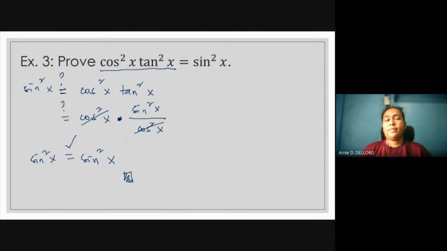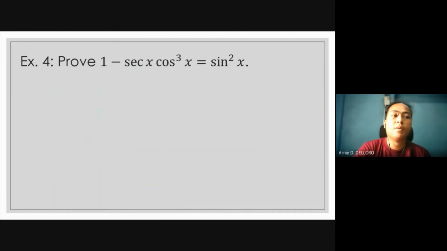Okay? So let's have another example. Prove that 1 minus secant x times cosine cube x is equal to sine squared x. Baka ano na kayo, ma'am, bakit puro sine squared x yung pinagpo-prove natin? Okay? Actually, okay lang naman. Sige, since more complicated yung nasa left side, so I will, again,